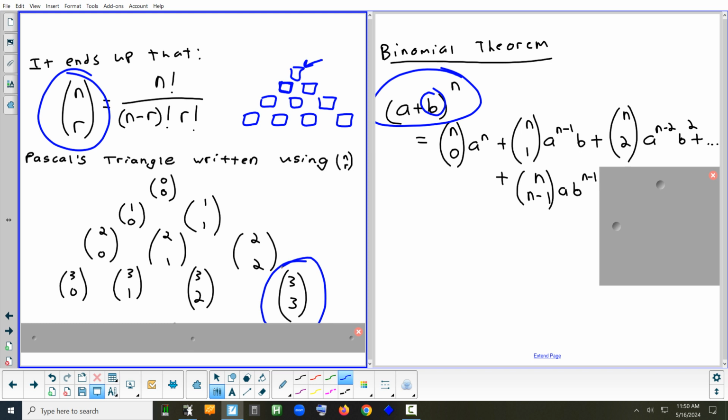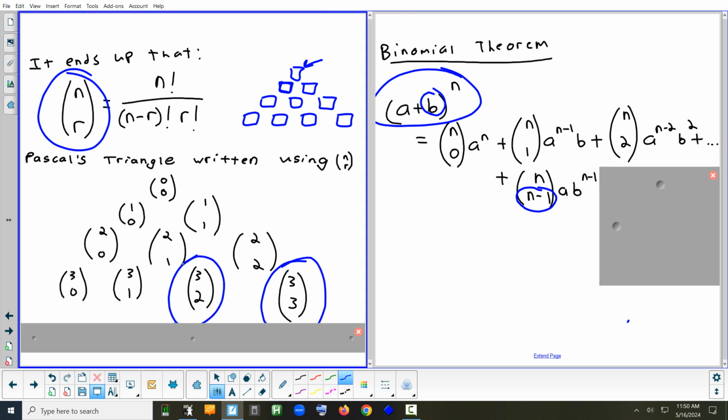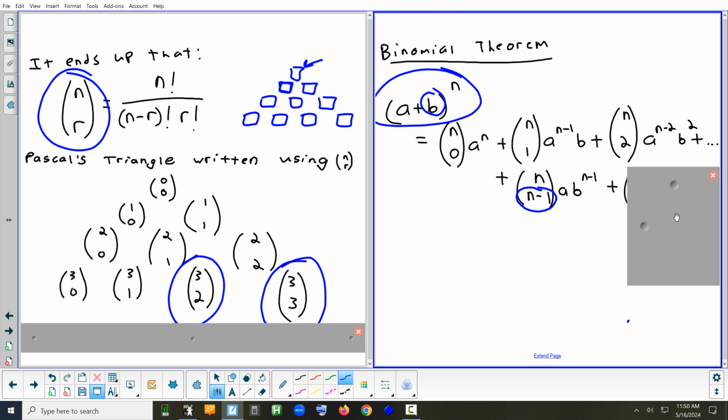Row 3, column 3, you're at the end. Your second to last one, your column would be 1 before you're at the end. So you'd be at like row 3, column 2. Your exponent on A would be down to a 1. Okay? The A is about to drop off in the next term. The exponent on the B would be 1 below the highest it's ever going to be. Then when you get to the last term, the exponent on the B is now the highest, and the A is gone. And your coefficient is the last row and last column